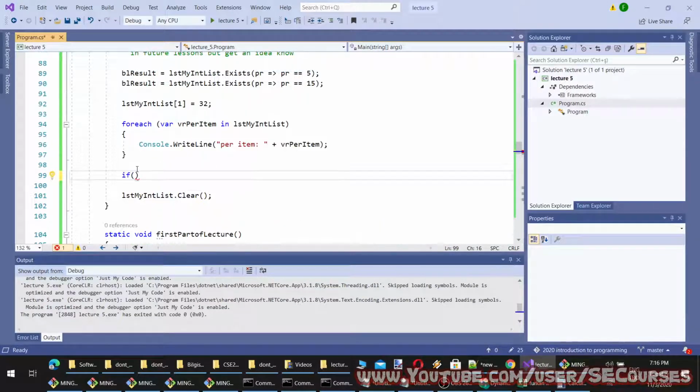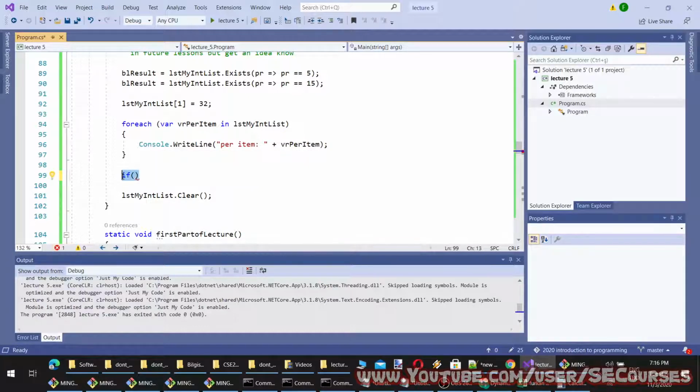Okay. If x is something, then the result is true. Or if a condition is met, then the result is true. Inside if, we can write logical comparisons.